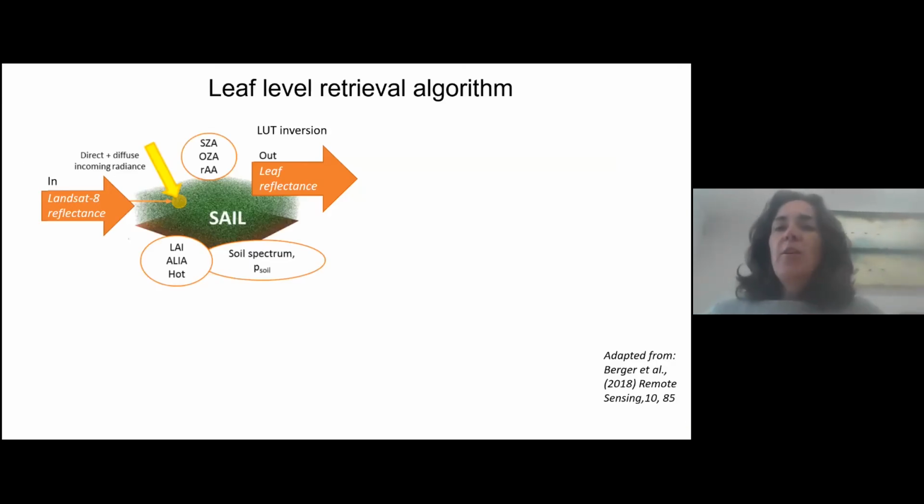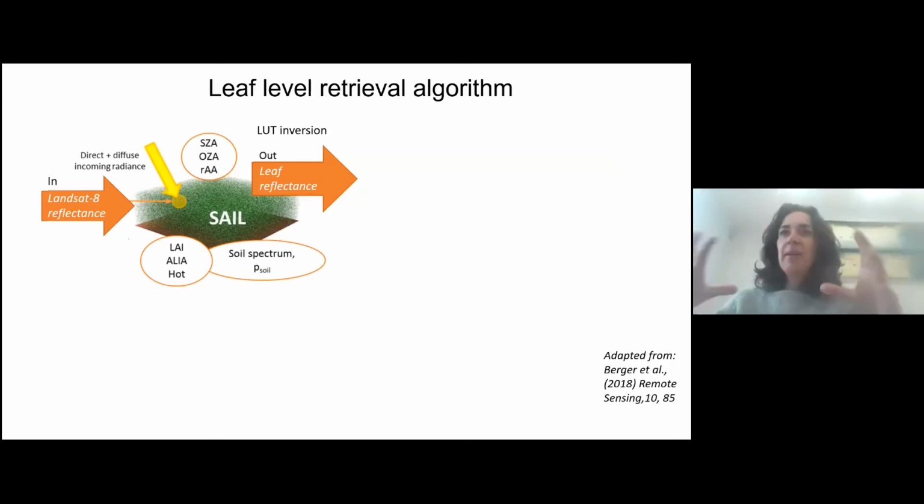So when we scale up to canopy level reflectance, which is inevitable from remote sensing data, we have to consider other sources of influence in the pixel, right? So we're now talking about 30-meter resolution pixels. And within the pixel, it's not only leaves, it's also the amount of leaves. So leaf area index is integrated, right? And also background reflectance, so how soil and different solar and view zenith angles also affect that aggregated 30-meter